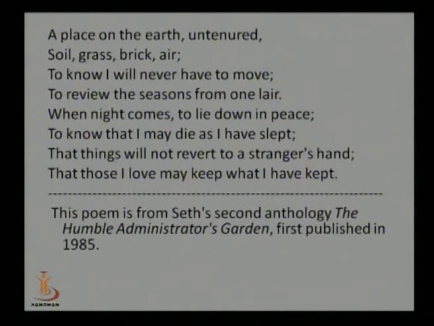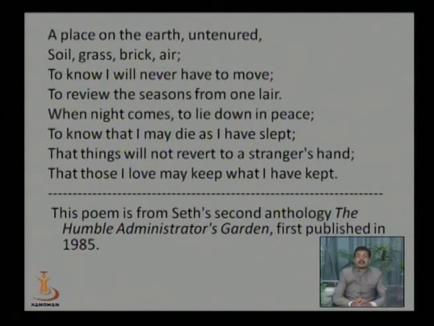But why is this business booming? Because so many places are there in the world where people want to make their houses. People are homeless. That's why the business of real estate is booming. Because of that, as you can see in the beginning of this stanza, a place on earth, untenured soil, grass, brick and air. To know I will never have to move means once I am inside my own house,